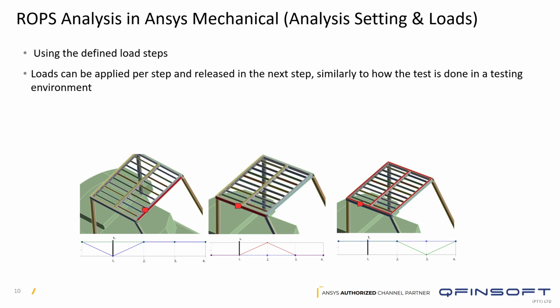Okay. Using the defined load steps, we can go and apply these loads on our cabin. We can see for each step where those loads are being applied and the time step that it's being applied at. For the first one, it is loaded on the first time step and then relieved at the end. For the second one, coming from the side, it's loaded in the second step and then relieved. And then finally from the top. In the final load step, that last load is completely removed, and we can see the final deformed cabin